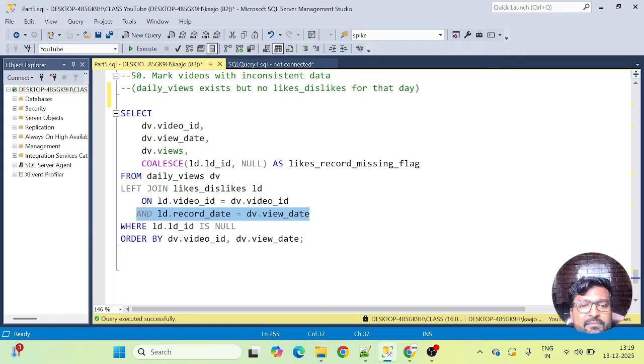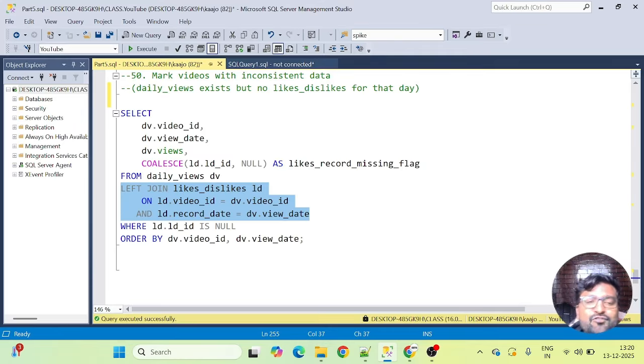Okay, just simply execute this: daily views joined with the likes dislikes table on video ID, and because I'm trying to figure this out on a day basis, I'm joining with the date column also. From the likes dislikes table we have record date, and from the daily views table we have the view date column, where now see, because I want to figure out the unmatching records, right?